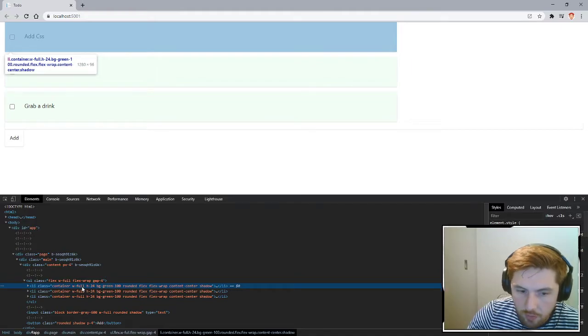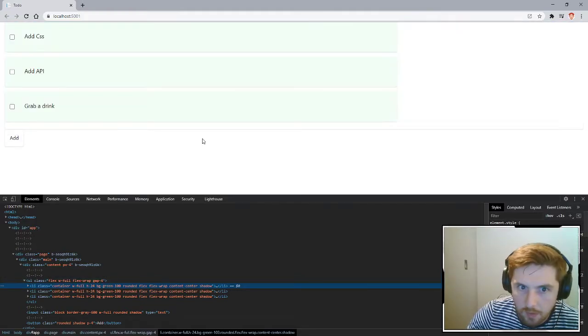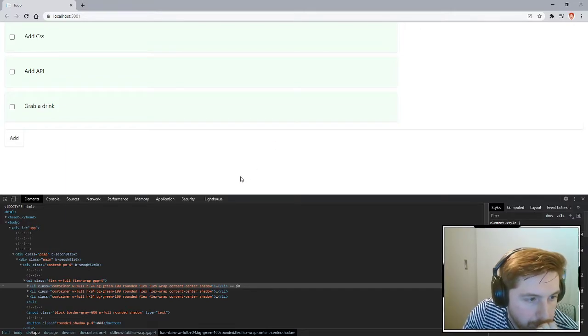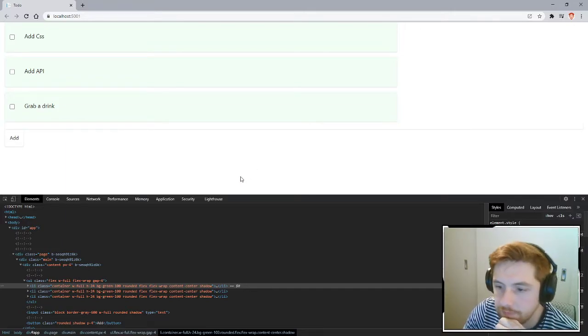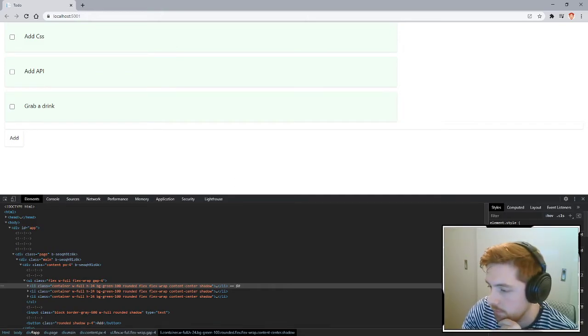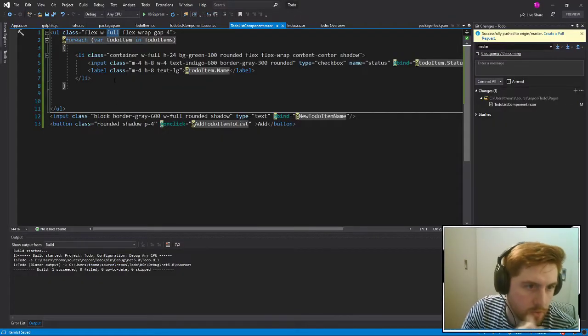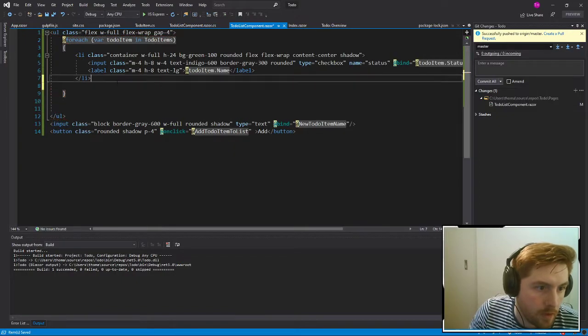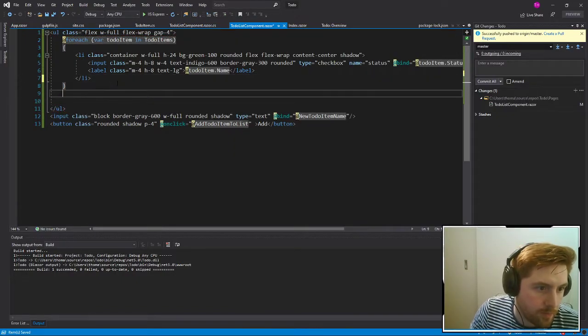Why is this width full, not full? Well, it's alright. To quickly fix this, let's do it like this. Outside of the